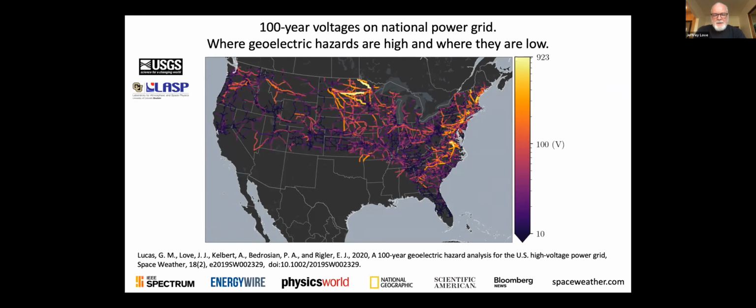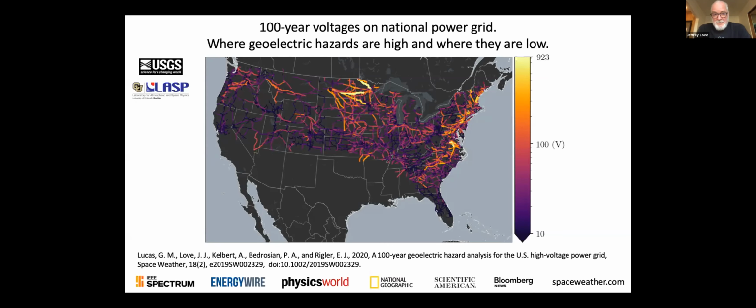But with respect to the GICs, this hazard map is just voltages, right? It's still a geophysical signal projected onto the power grid system. The actual response of the power grid system, which is the current that would be driven by these voltages, again depends on Kirchhoff's law. You would need to know the grounding resistances, the resistances of the lines, and their interconnectivity in order to properly calculate GICs.